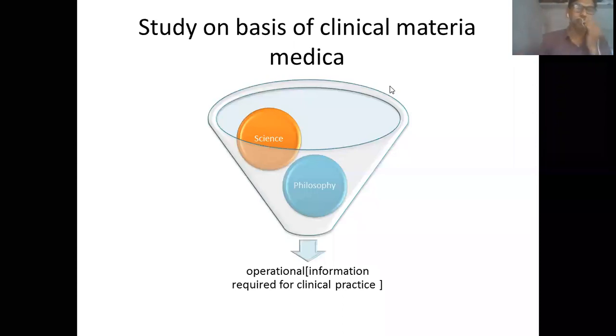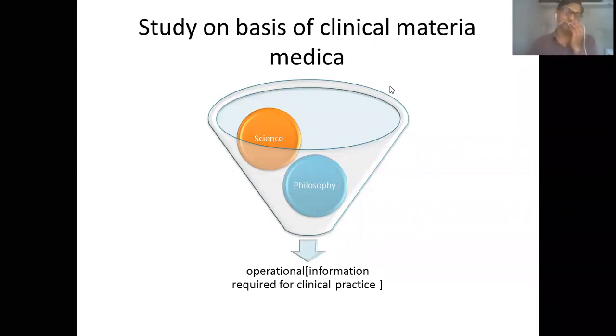So one more method to study materia medica, and this method is to study on the basis of clinical materia medica. Now we have understood the science and philosophy of homeopathic materia medica. Now to convert this science and philosophy into the actual operations on the sick individual, it is also